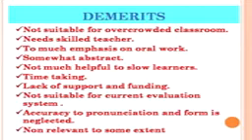And next is in the classroom we can find slow learners. This approach is not helpful or beneficial for slow learners. Moreover, this approach is a time-taking approach. For taking the class, the teacher has to arrange different types of resources in the form of TLM and other things. For this, the teacher needs the support and funding from higher authorities, and in this respect also the teacher can find some problems. Next comes, it is not suitable for current evaluation system. The present evaluation system does not encourage the implementation of communicative language teaching approach in the classrooms.